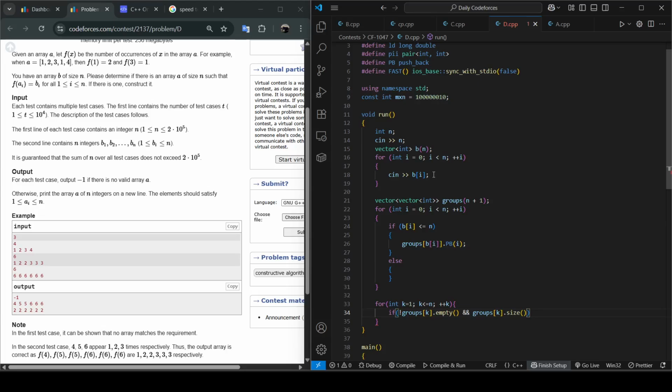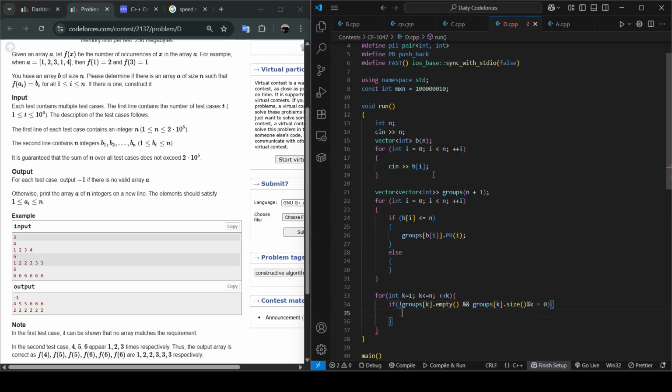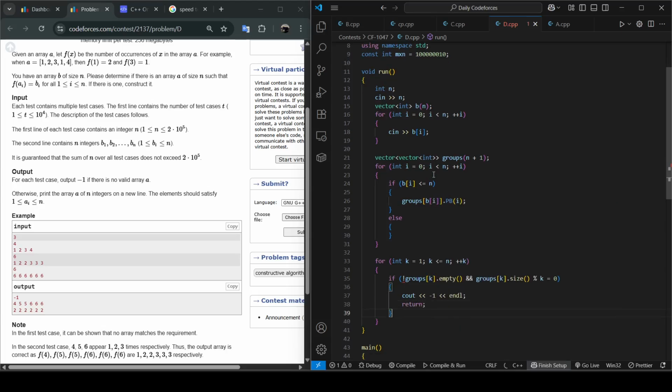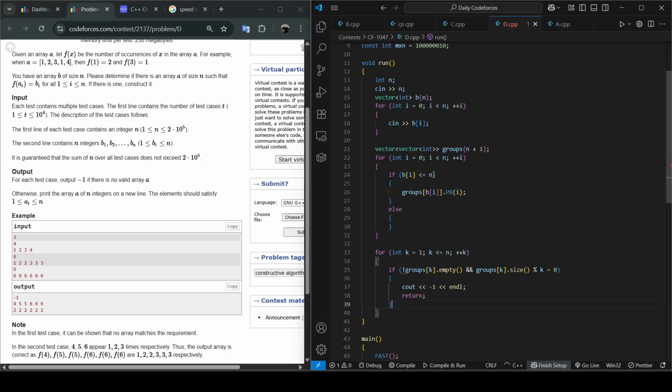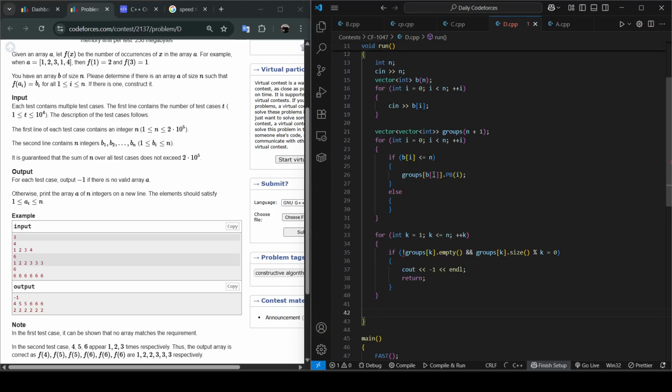if groups of k dot size modulo k is equal to 0, then in that case I'll just cout -1 and return from here. So these are my both if conditions done. And now for printing the answers, we have to maintain